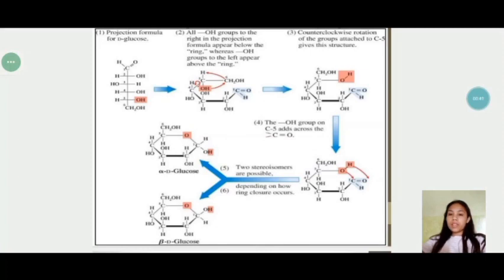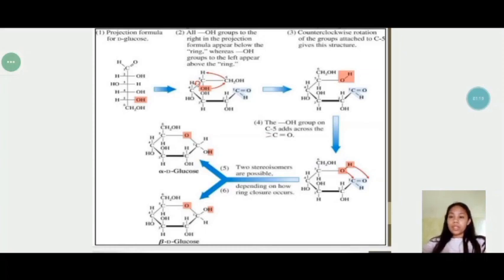This showcases a Fischer structure of D-glucose. The carbon atoms are numbered 1 to 6 with carbon 1 containing the aldehyde group. Then, the remaining carbon atoms, carbon 2 to carbon 6, are linked to hydroxyl groups OH. The convention here is that horizontal lines represent bonds projecting out of the plane towards the viewer, and the vertical lines represent bonds projecting away from the viewer.